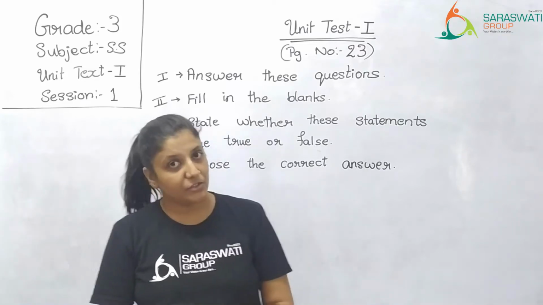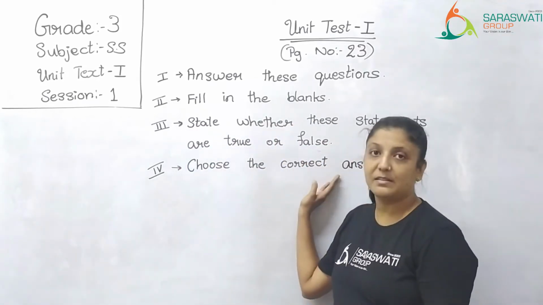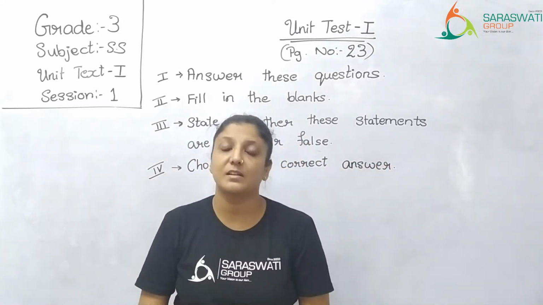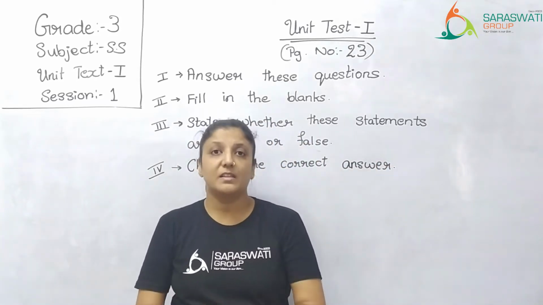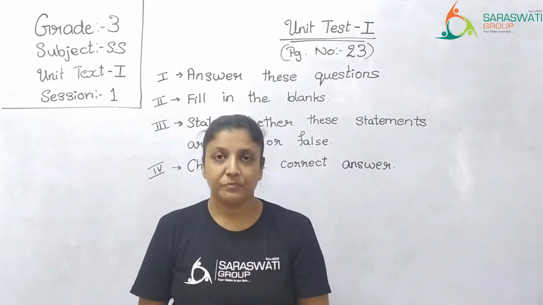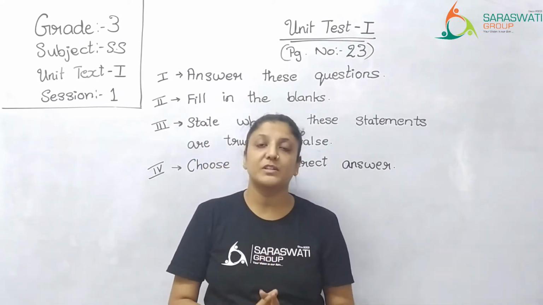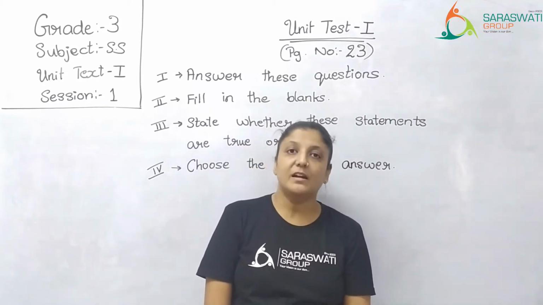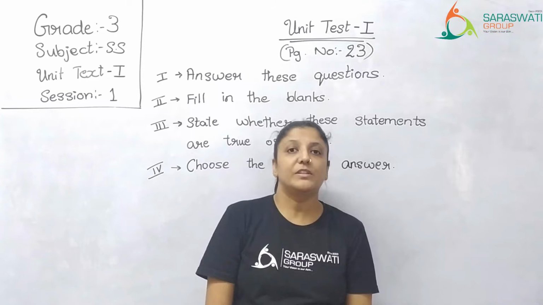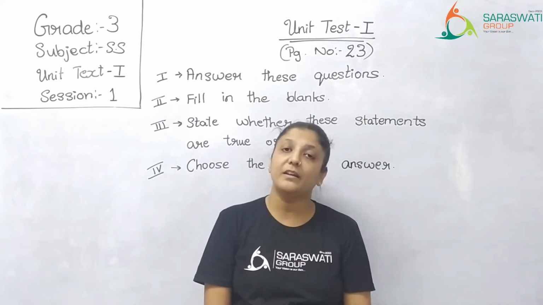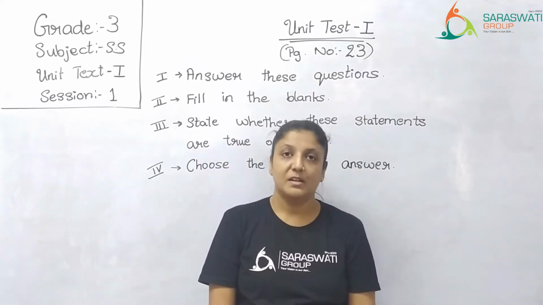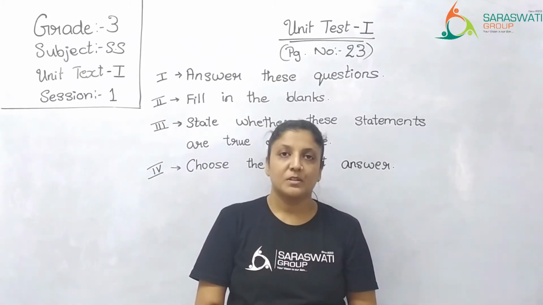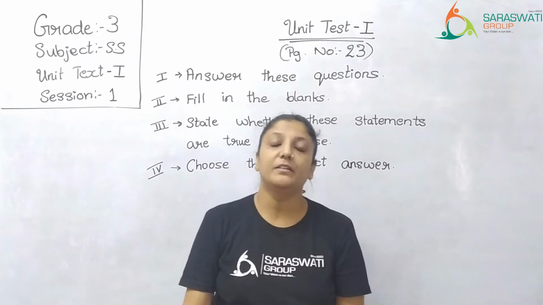If it is wrong, you have to write false. Right? And the last one is choose the correct answer. Here they have either asked you some questions or there are some blanks, and for the answers they have given you 4 options. Among these options you have to just find which is the correct one. Clear? So shall we start solving? In these questions they have asked you about all 5 chapters, so it is a mixture of all the 5 chapters. Now let's start solving it.